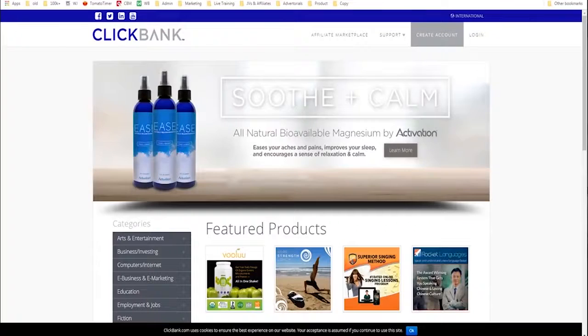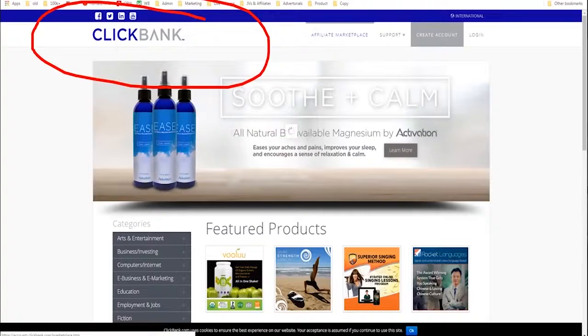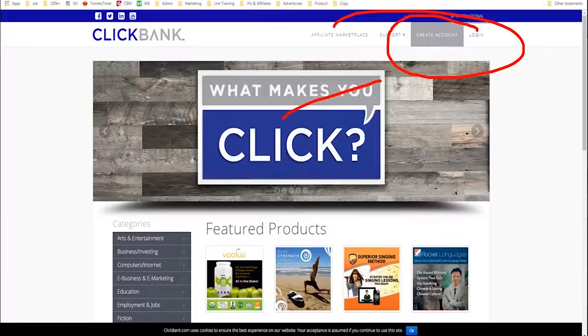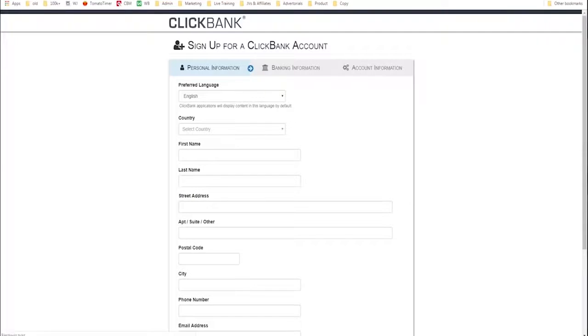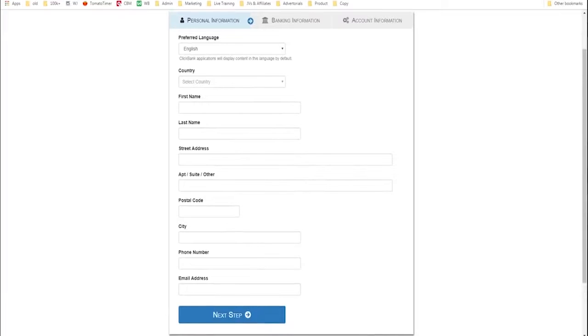So first off, you'll want to go to clickbank.com, and Clickbank will accept people from every country in the entire world except for 2, and I think that's Nigeria and North Korea. So if you're in any other country than Nigeria and North Korea, you can use Clickbank. But what you have to do is sign up. So first thing you do is you create an account. And it will ask you for some personal information. It'll ask for your address and all your bank account information, because that's what it needs to actually pay you